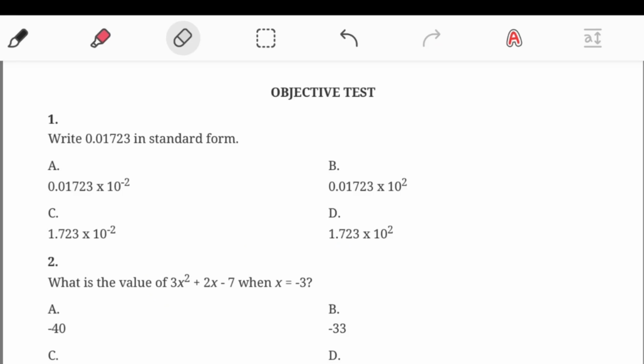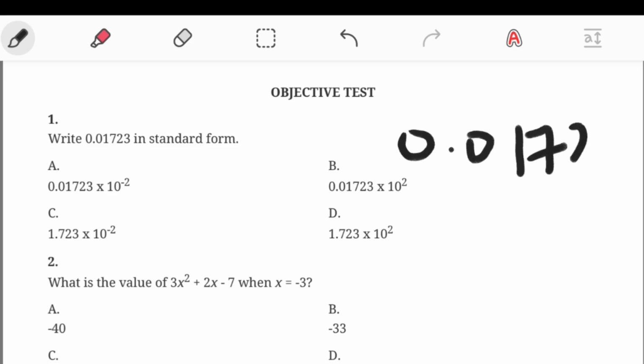Question 1. Write 0.01723 in standard form. So we move the decimal point. 0.01723, 1723. And then we are asked to write it in standard form. So we move the decimal point 2 times. So the number becomes